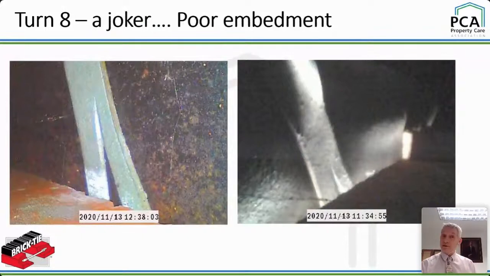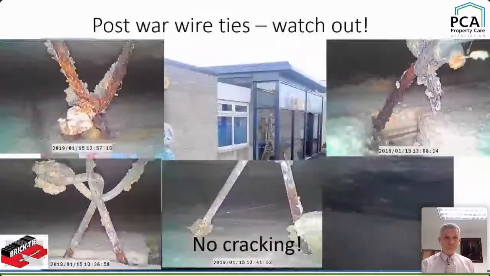This is just below parapet level, same property, same building, left-hand side, poor embedment. We can see the fishtail end, it's barely in the wall. It's a slip plane, that, because they've laid them dry underneath a cavity tray at the parapet. The one on the right's interesting because I turned the light off of the borescope, and so it's lit by the sunlight shining through the cracks. Very dangerous and not as uncommon as you'd think.